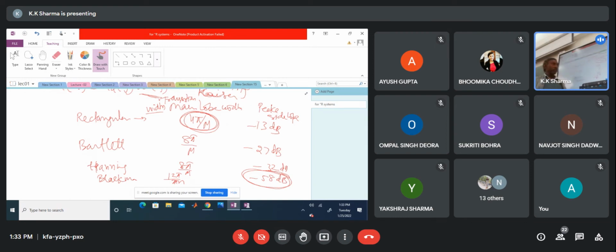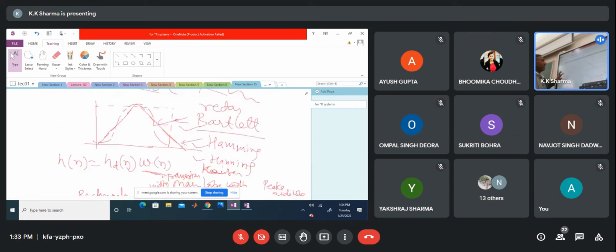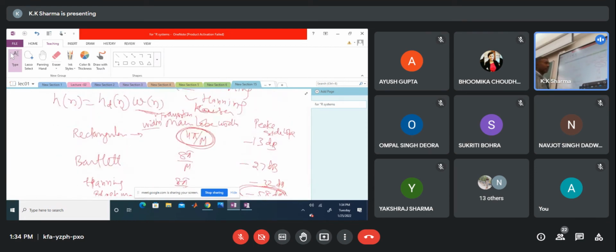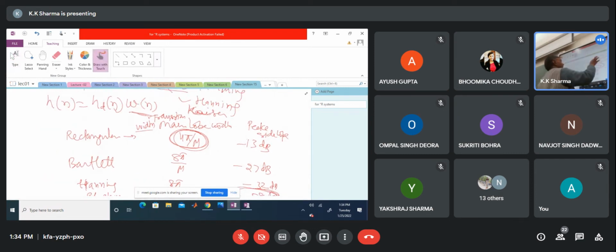Okay, so this finishes our design of FIR filter by the window method. Mainly it is a compromise kind of thing. Selection of window is of course an important characteristic. Selection of window will depend upon the characteristics of the filter, what transition width you can tolerate, what side lobe ratio you desire. For example, if I desire 20 dB side lobe reduction, I cannot use the rectangular window because it is providing only 13 dB attenuation of the side lobe. So I have to go for Bartlett or Hamming or Hanning. Is that fine?